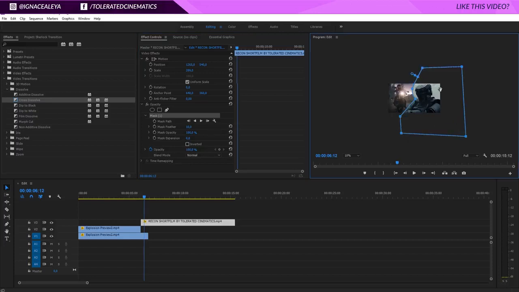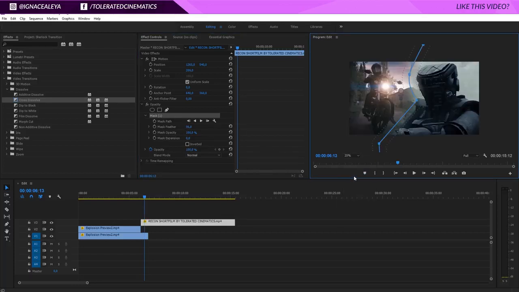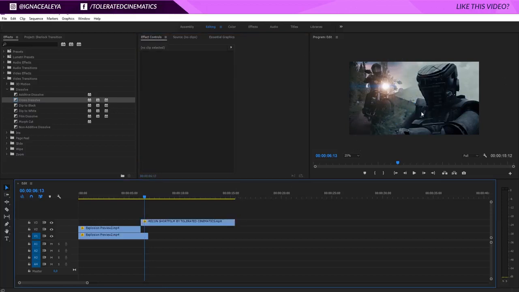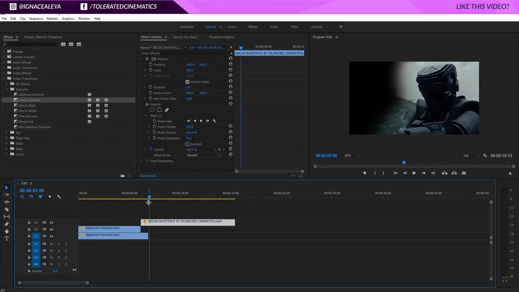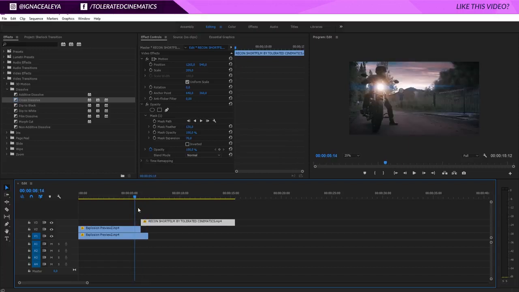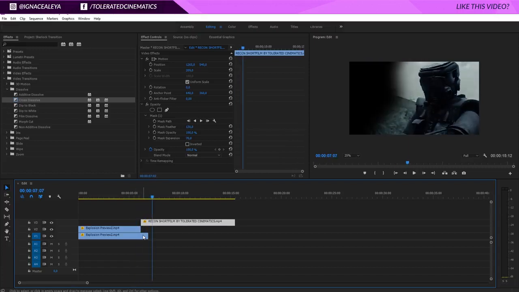And there we have it. And now what I want to do is increase the feather just as I want it right here. So I'm going to zoom in back to 25%, maybe add a little bit of feather in here and play with the mask expansion here, maybe a little bit less feather, and there we go. So this part is actually the part that I want to fade in first, like so. So now we have a cut to this scene, and we still have a little bit of the